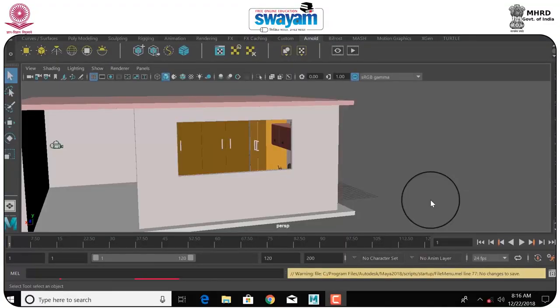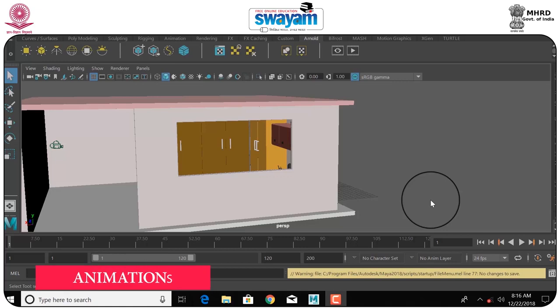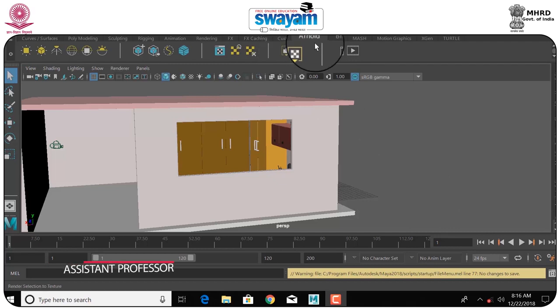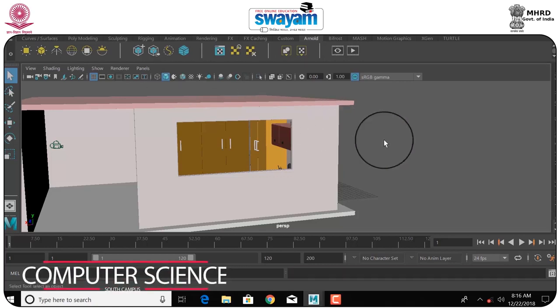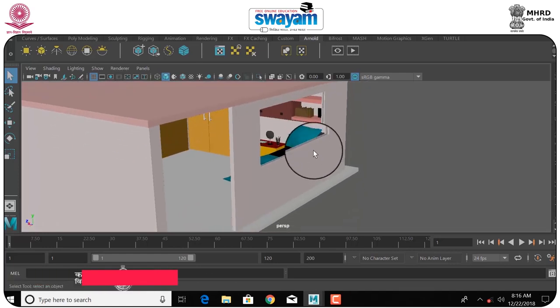Hello everyone. So in this session we will start the linear workflow inside Arnold with the help of Maya 2018. As you can see, we are in the Arnold tab right now. It will be installed by default when you install your Maya 2018. Now what I will do, I have this interior which I have made and I have some simple shaders,